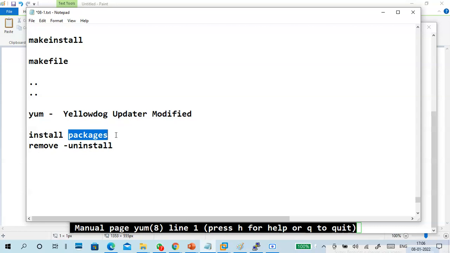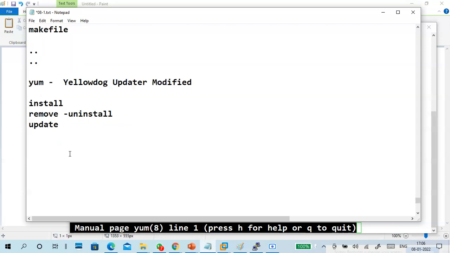You can install, remove, and update or upgrade the packages also. Next, we can also do group install, group package install.